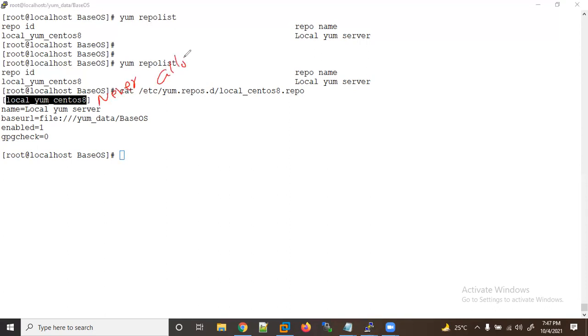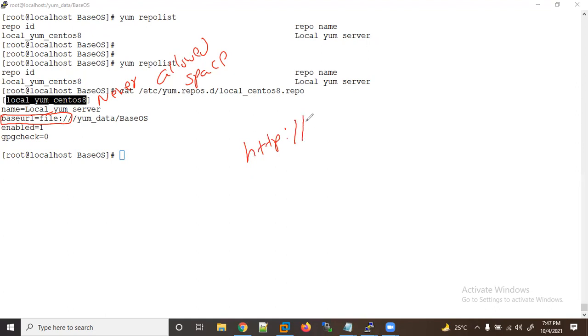Spaces are never allowed, and that was the reason I used underscore underscore. Here there is no problem; it is a part of the syntax up to here. If you are creating this locally, later we will learn about an Apache web server or FTP, where we will use HTTP.